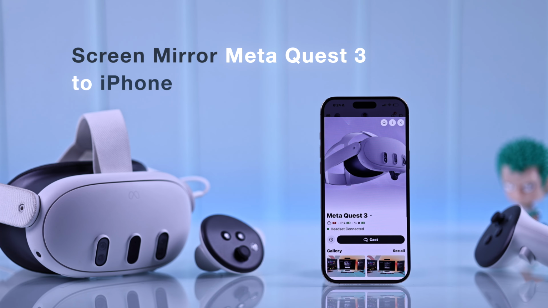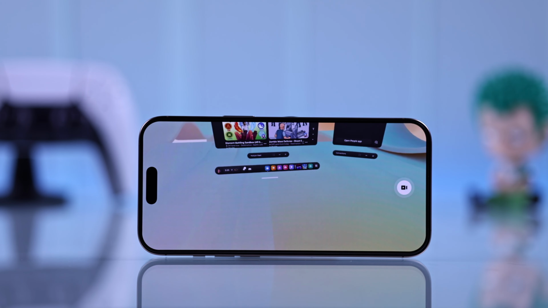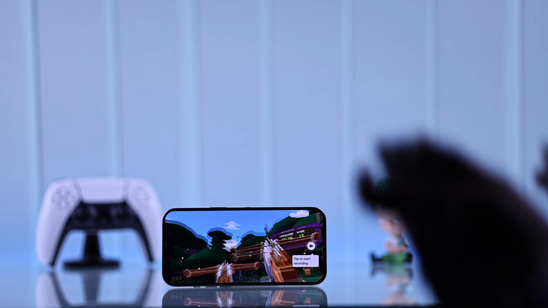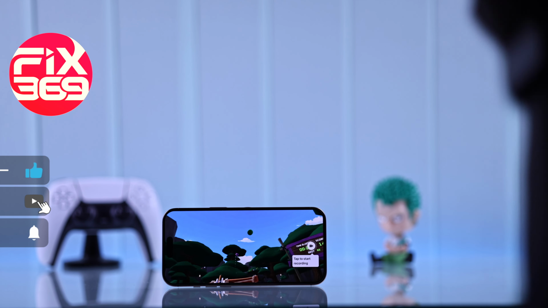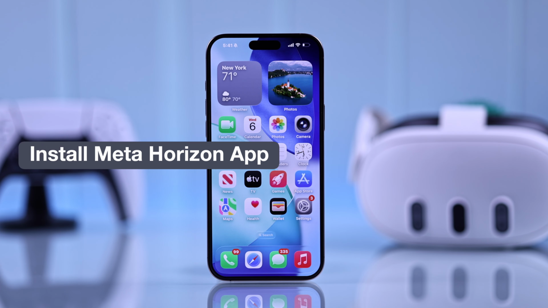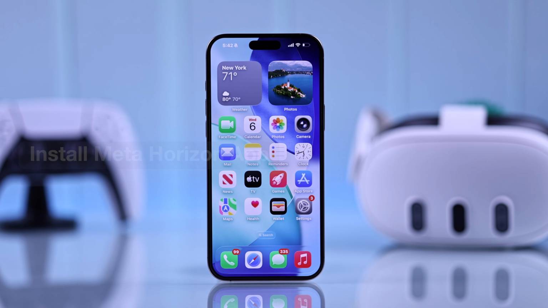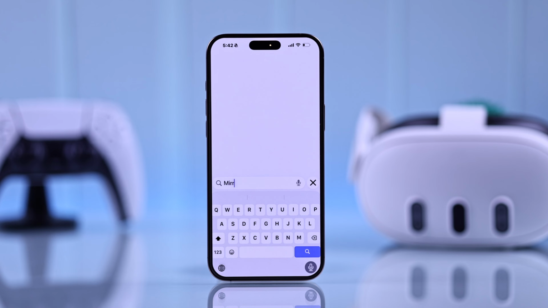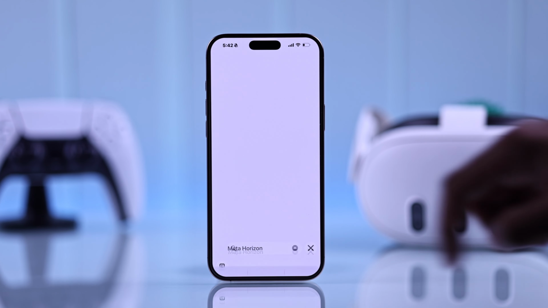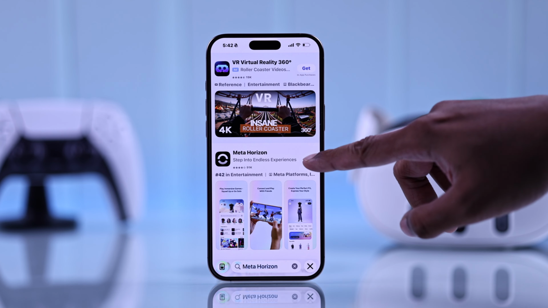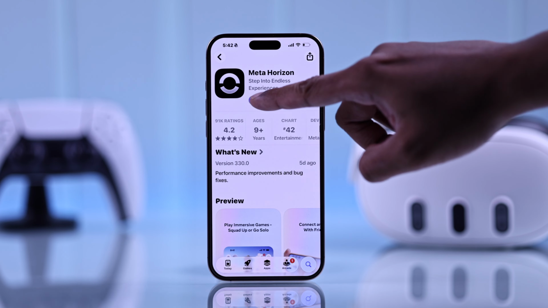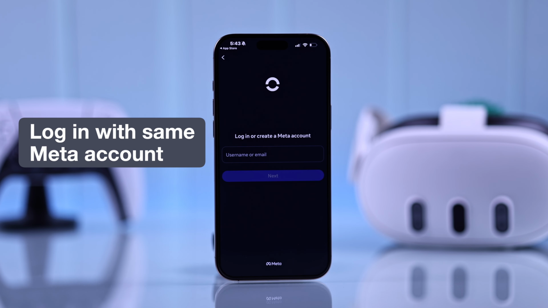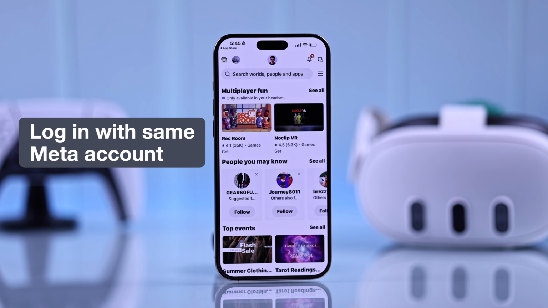Do you want to screen mirror your iPhone with the latest iOS to your Meta Quest 3? Well, it's super easy. To do this, you'll need the Meta Horizon app. If you don't have it already, then just search Meta Horizon on the App Store, install and open it. Now log in with the same Meta account that you're using on your Quest 3, allow